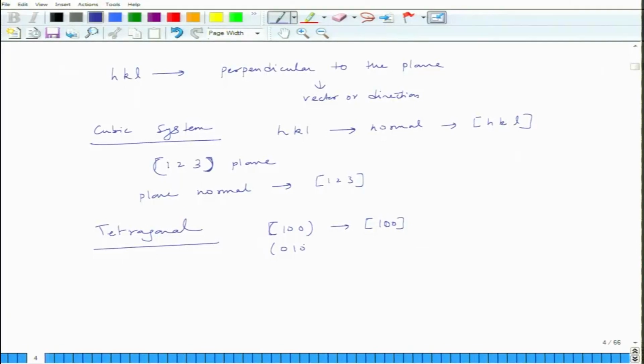So, they are fine. 0, 1, 0 and 0, 1, 0, they are fine. 0, 0, 1 and 0, 0, 1, they are fine, all right. 1, 1, 0 and 1, 1, 0, they are fine,